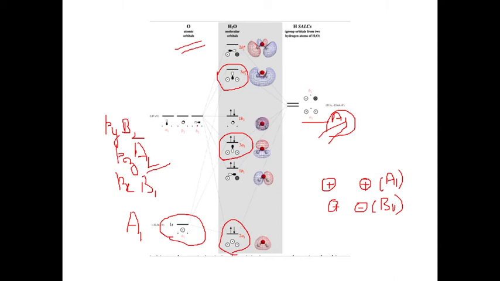Okay, and what is their energy? This is having no nodes, so it is lowest energy. And then with the increasing number of nodes, there are going to be increasing energies. So, this is having 2 nodes, so it is the high-lying energy. Okay, and then next B1 is going to combine. Now, the B1 orbital is going to combine with the B1 symmetry wave function or the SALC.